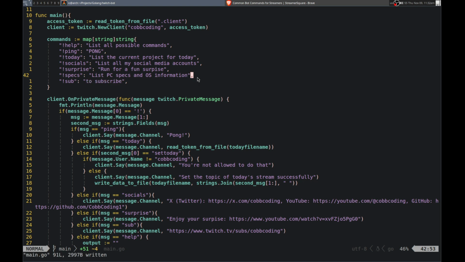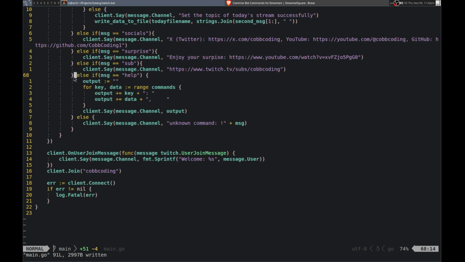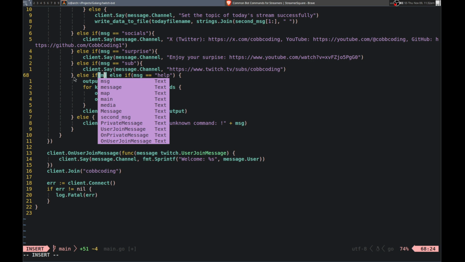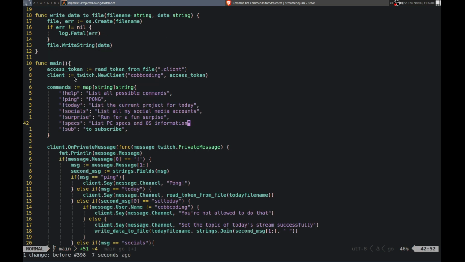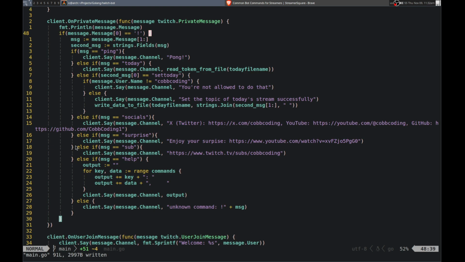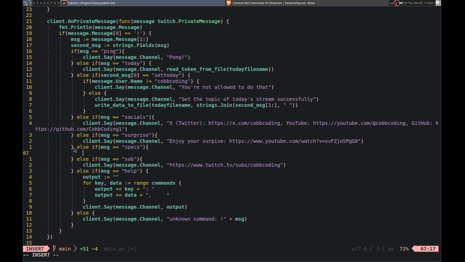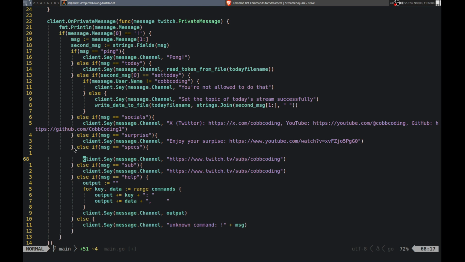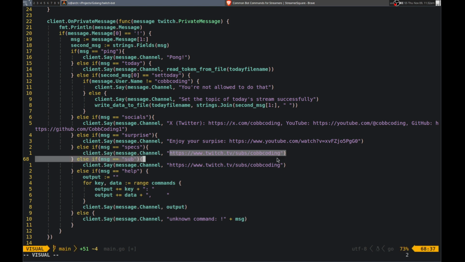Okay, so else if, let me move it actually. Right to here. Message equals x. Then, so it is